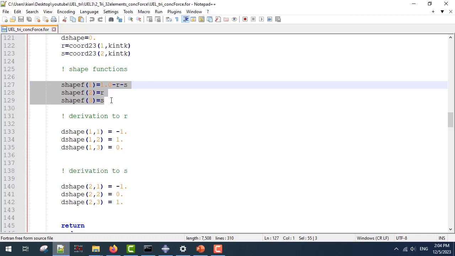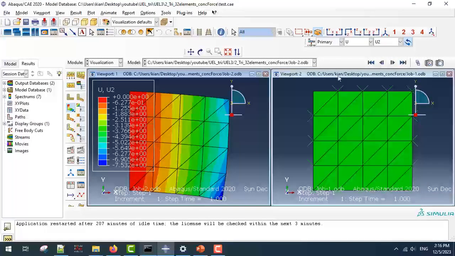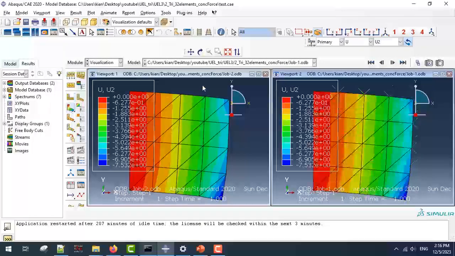Now we are going to compare the results from Abaqus and our subroutine. I've already submitted the job, and I'm going to only show you the results. The window on the left shows the results from Abaqus Solver, and the window on the right is from the UEL subroutine. First, we are going to compare the displacement vector for